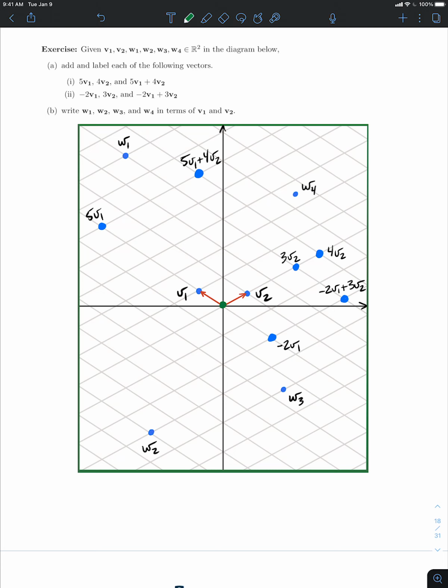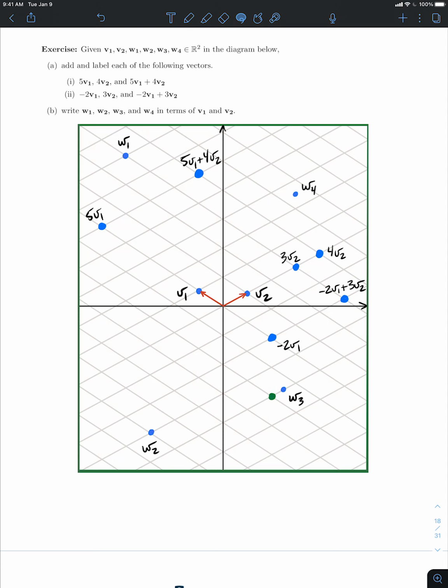Where is W3? It's over here. This one is a little bit different because it's not right on a corner, is it? So we're going to have to be careful here. Let's start with the V1. So 1, 2, 3, 4. That's negative 4 V1, right? Because I'm going in the opposite direction of V1, but I'm doing it 4 times. But now for the V2 part, here's negative 1 V2, right? If I start here and I go to here, that's negative 1 V2. But then how do I get from here to here? If I went another copy of negative V2, it would take me all the way to here, but that's too